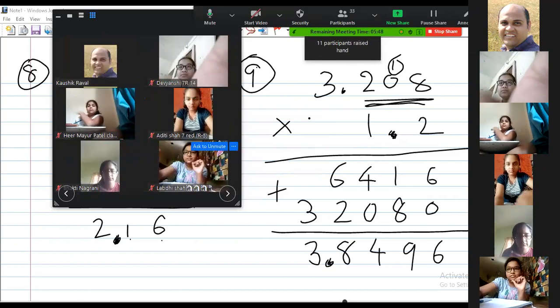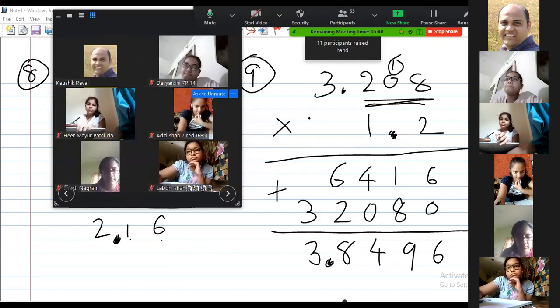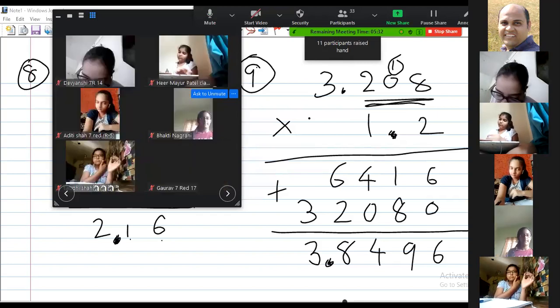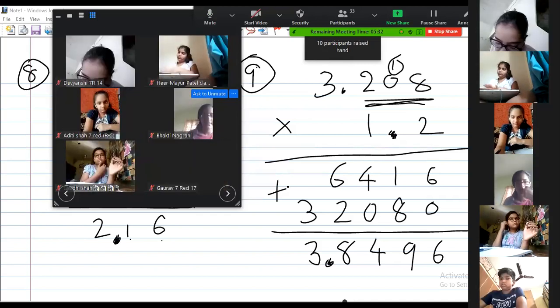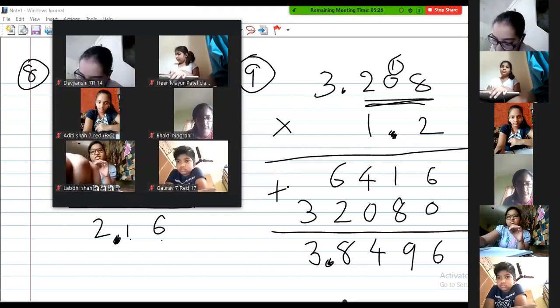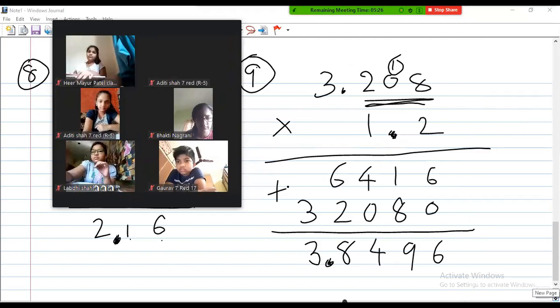Yes, Aditi, did you get the correct answer? Yeah, good. It's all right, beta. You will get it. All you need is a little bit of practice. With practice you will get there. Right? And for practice, I'm going to share some worksheets. You'll enjoy them. Okay, now the division part, which is very easy.